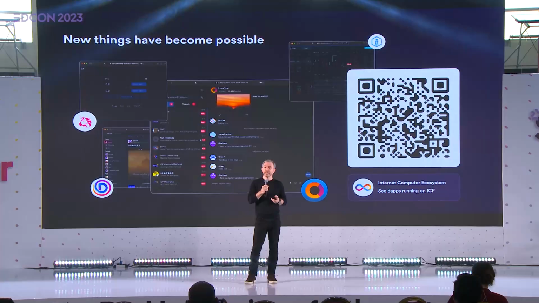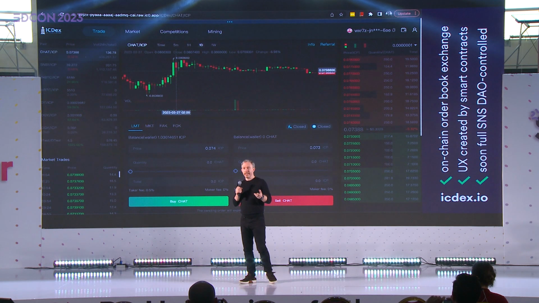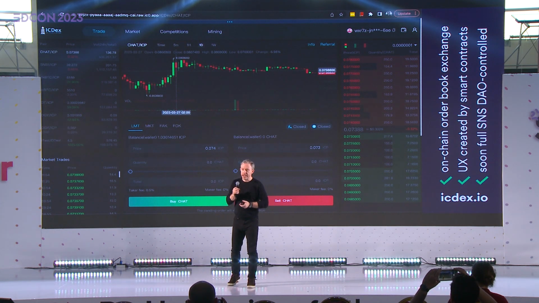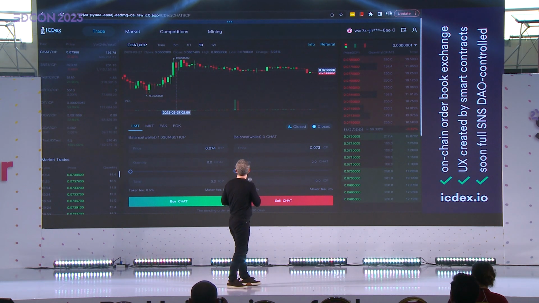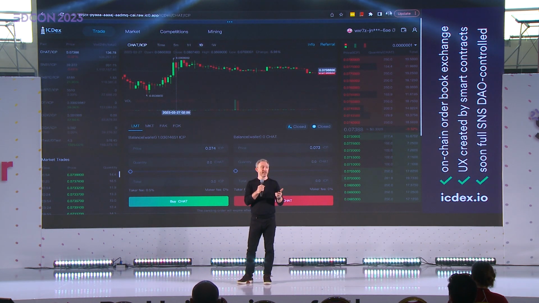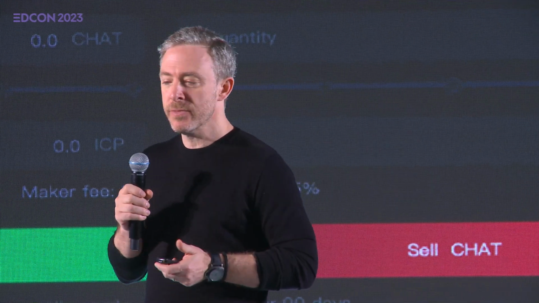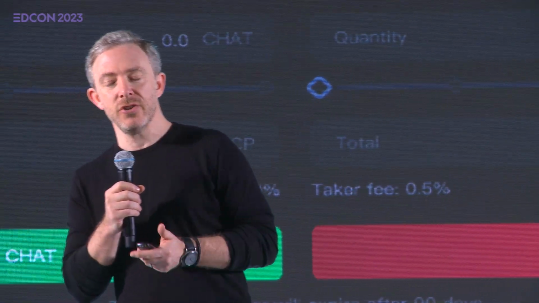So since the Internet Computer has launched, we've seen an emergence of quite an interesting ecosystem, and new things have become possible. To get a sense of it, I don't know if you can see on the screen, yeah, you can, the address bar of this browser window. It looks like a traditional crypto exchange, like a CeFi exchange. But if you look in the web browser address bar, you'll see there's a strange string of numbers.